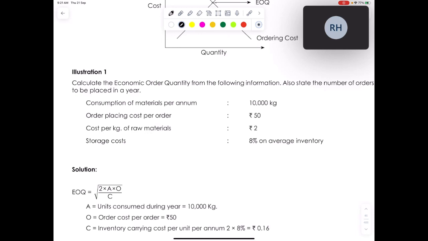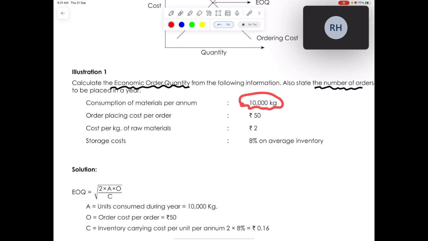The question has asked for two pieces of information. First, what will be the economic order quantity, and second, how many orders are to be placed in a year. Okay, my dear student, listen very carefully. Annually, I require 10,000 kg of raw material. Now listen to this point very carefully. Whether my order quantity is decided by the scientific formula of EOQ or not, my annual consumption of raw material